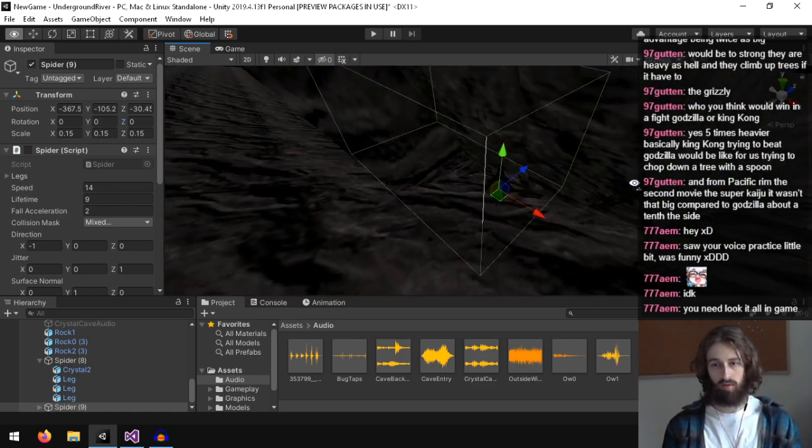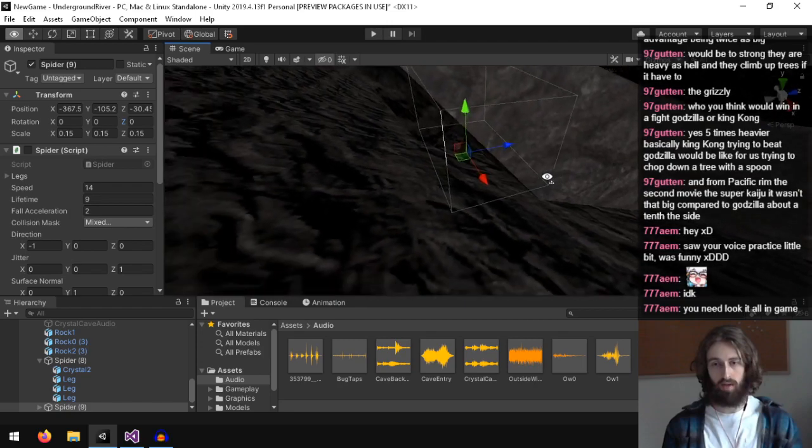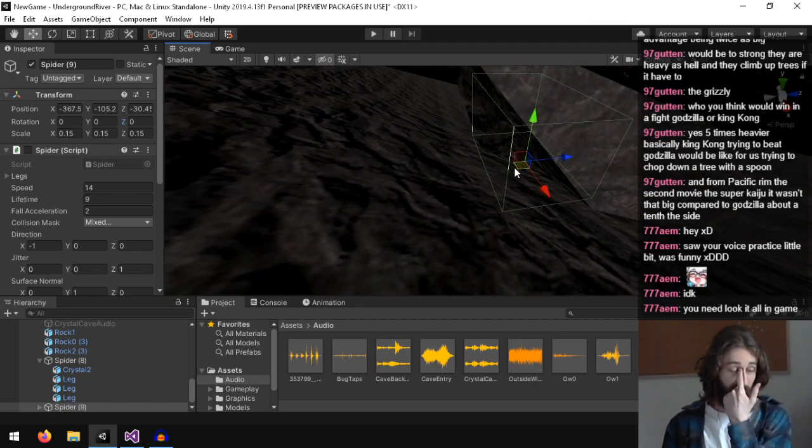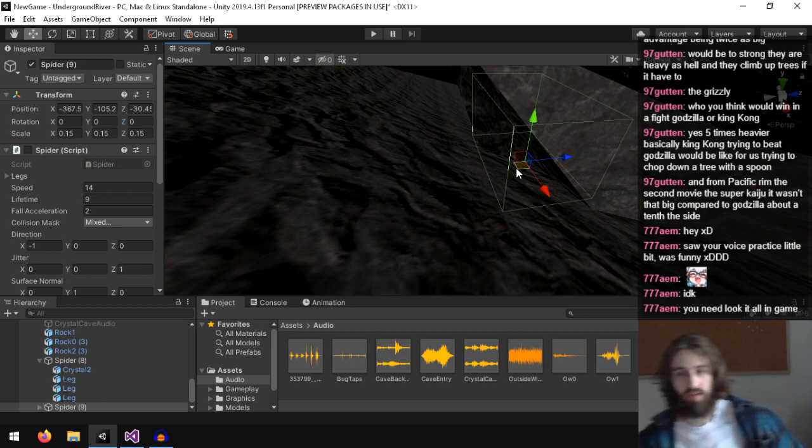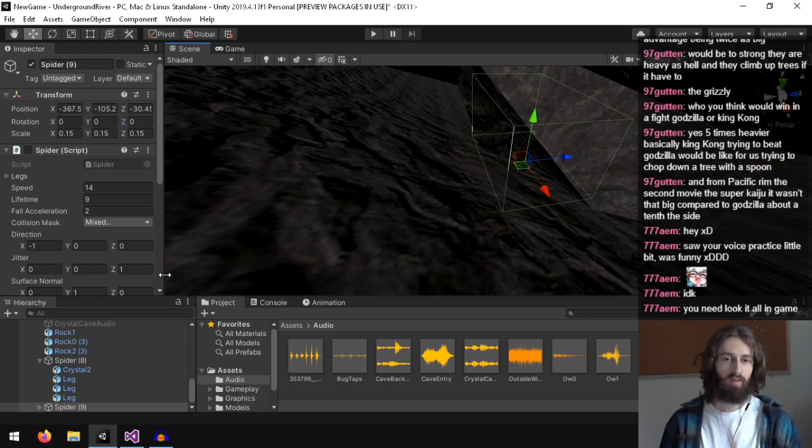See, the issue is this one being right there, it might hit the wall before it hits the player. So maybe what I have to do is I have to program them.